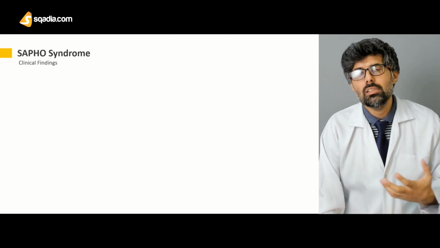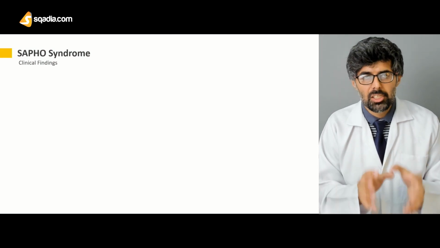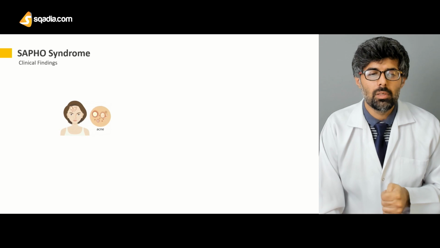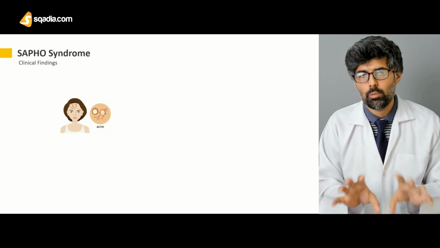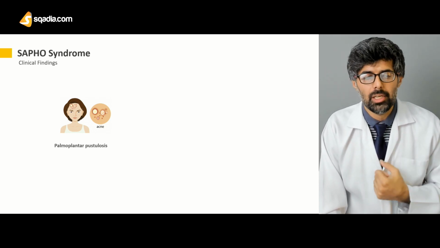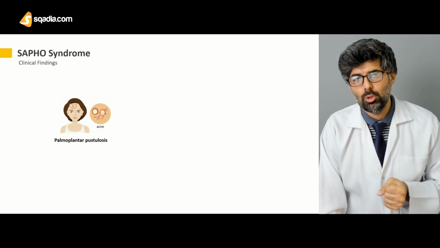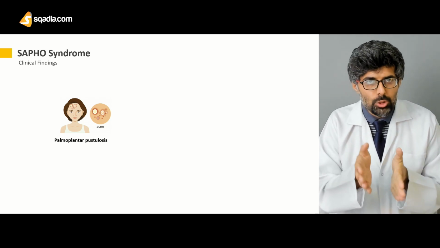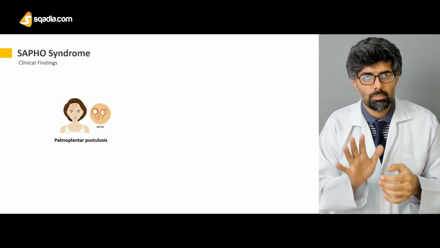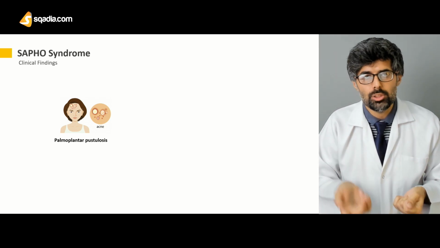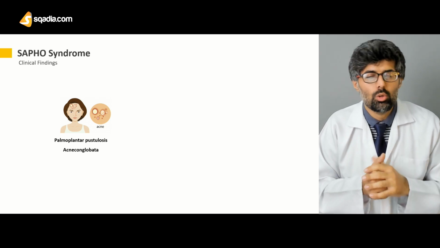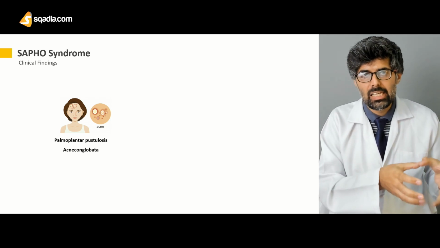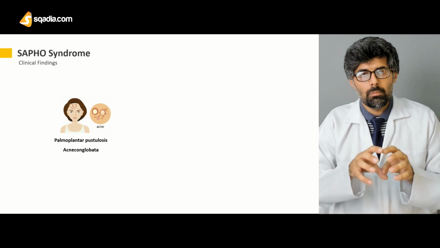Now, what happens in SAPHO syndrome is that the clinical findings are that the patient has acne. Now, acne is the hallmark of the SAPHO syndrome. Now, this acne can result in palmoplantar pustulosis, that there is pustular appearance on both the palms and the soles of the patient. Patient might have acne conglobata, that there is acne along with the pustular